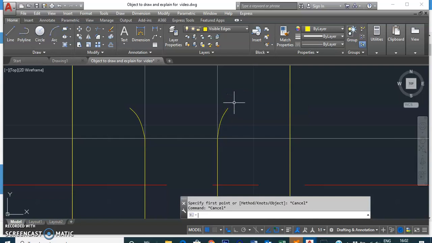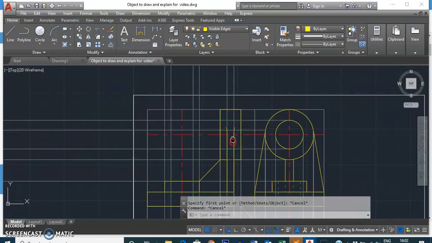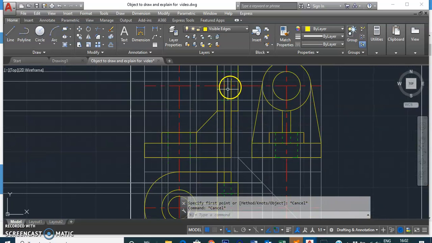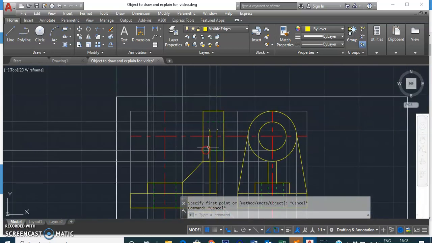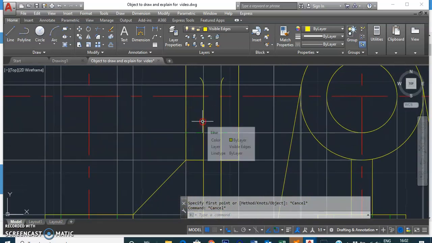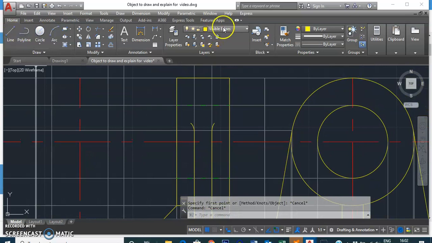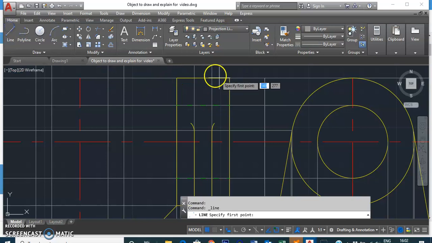Okay, we can use the mirror command also over here. How to use that mirror command? Let's see that. Let's turn on the projection line, then we'll draw a line at a distance of 15 over here. And before I draw the line, let me keep my ortho on, and I'll give the distance as 15 on this side.